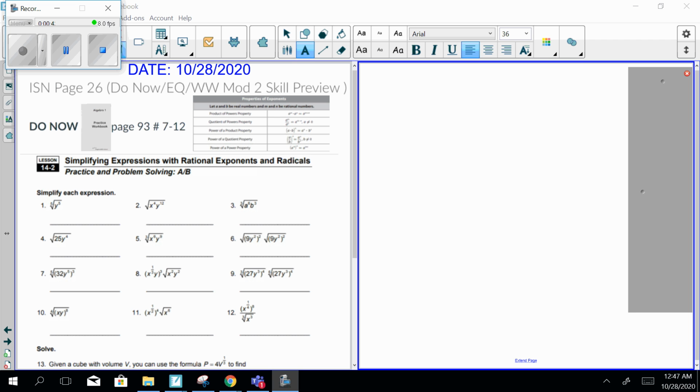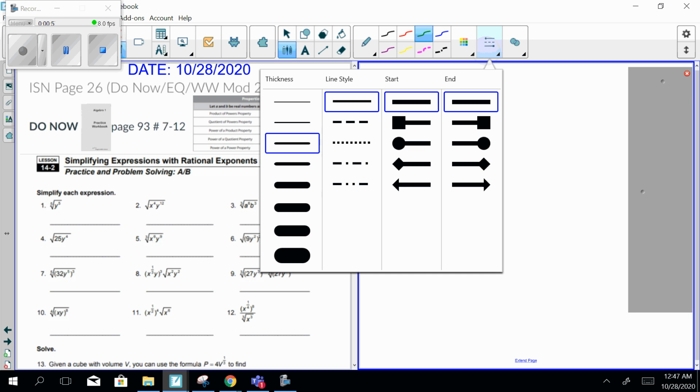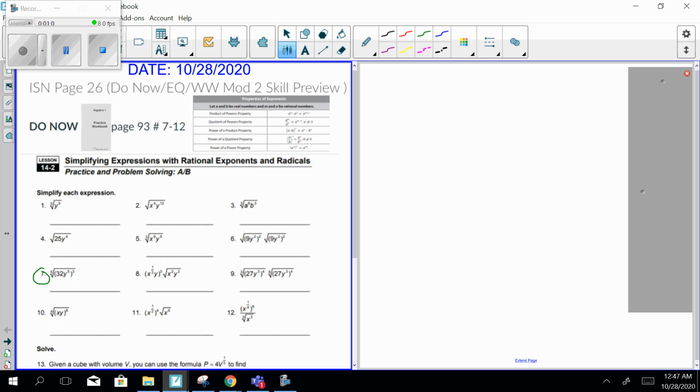Today I'm going to cover the odd questions in this group, and I will circle them to kind of refresh you with what we did the last class period. So we'll look at number 7, number 9, and number 11 together. Okay, so for number 7,